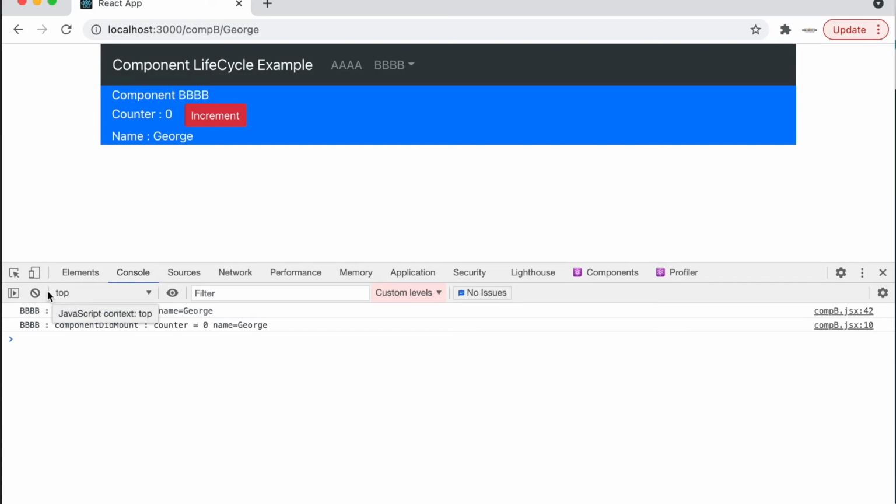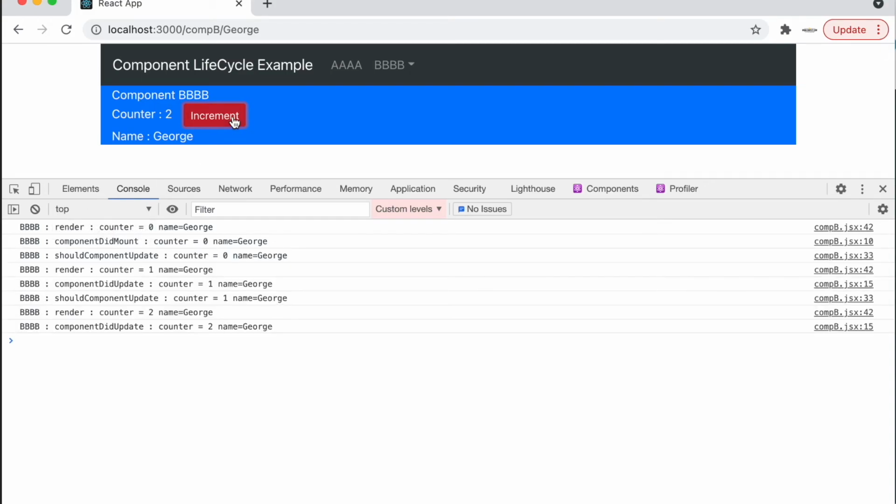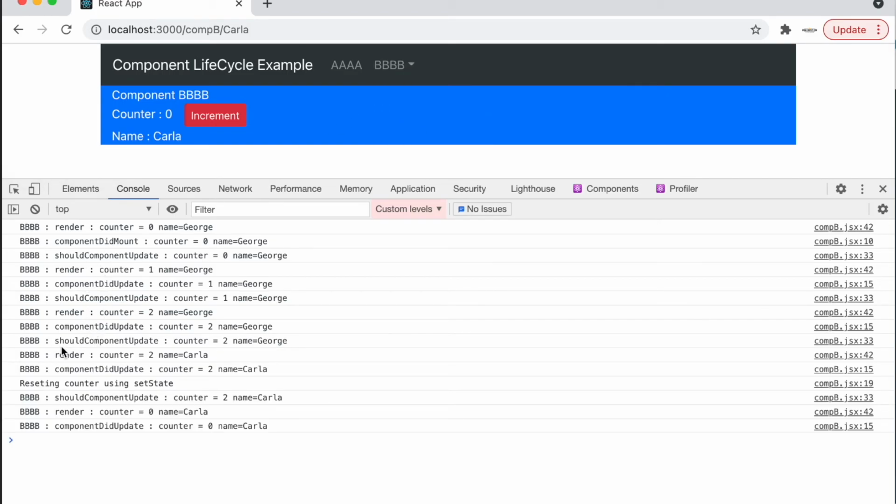So George, if I increment, George becomes 1, becomes 2. Now notice here we haven't gotten that resetting the counter. Now if I click on Carla, we get the component did update, and in that we are resetting the counter using set state, and because we are resetting the counter, we are now getting another render with counter is equal to 0, which has made the counter is equal to 0.